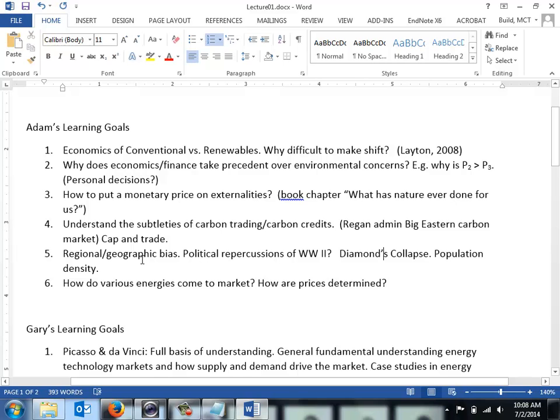And then this other one: how do various energies, or maybe energy technologies, come to market? Even if you're trying to develop an energy resource from a landfill or from solar, if you're trying to make your own energy, how do you bring that to the grid? Marketplace. Okay, that's like connecting to the grid.